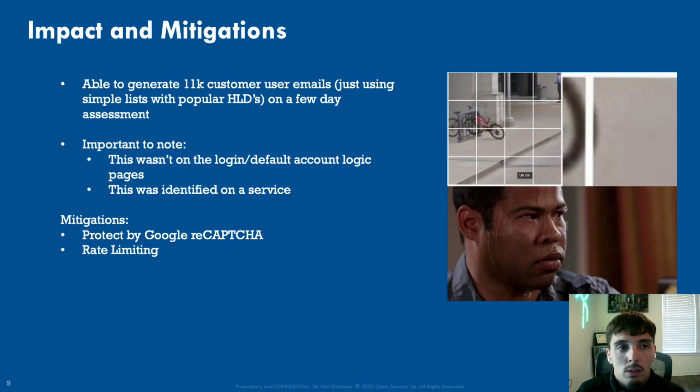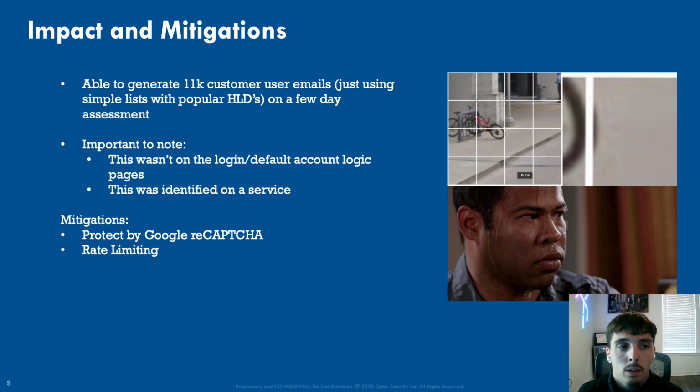So, impacts and mitigation: I was able to generate a little over 11,000 existing customer user emails with simple popular high-level domains like Gmail, Yahoo, AOL. It didn't even take a day or so. This is kind of crucial because while it doesn't seem like a huge vulnerability, they didn't have any rate limiting on this. And then an attacker, or a more advanced attacker, could use this for a huge social engineering gig where they get tons of valid emails